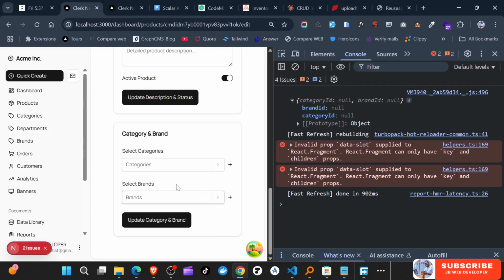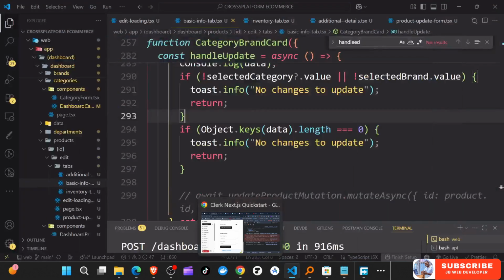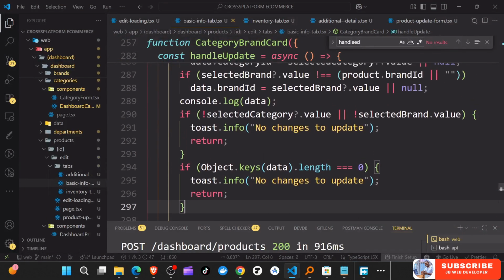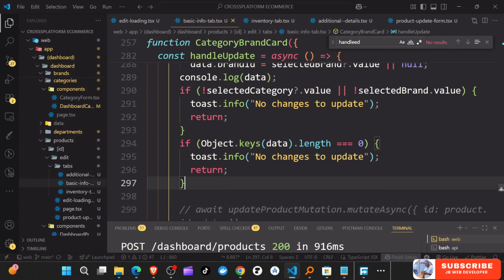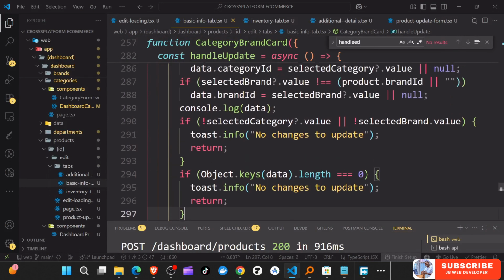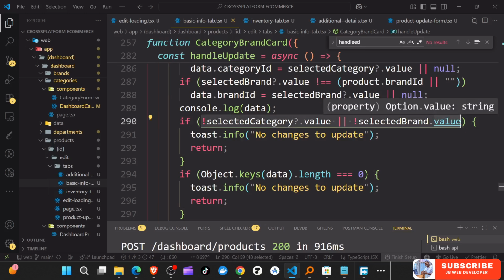So in that case, if I try to update, I guess here, no changes to update. Okay, then in that case we could also just use this